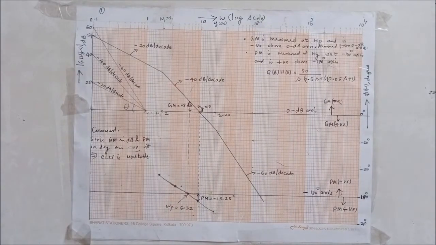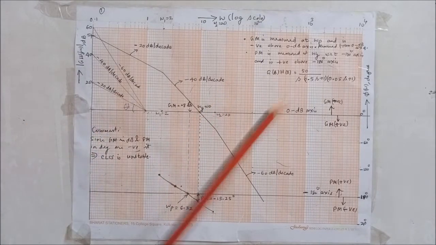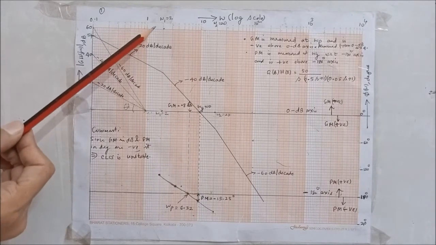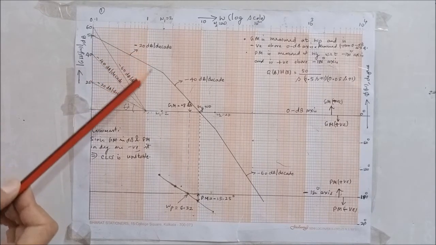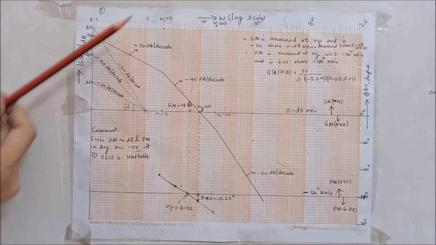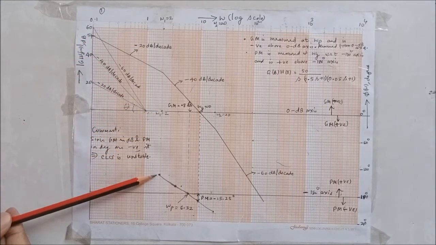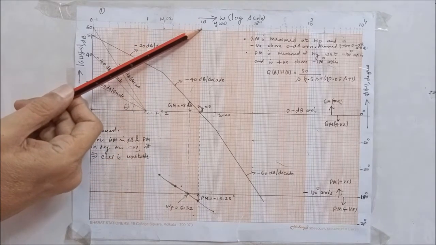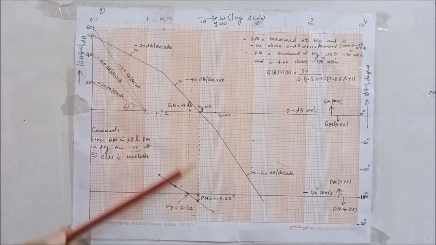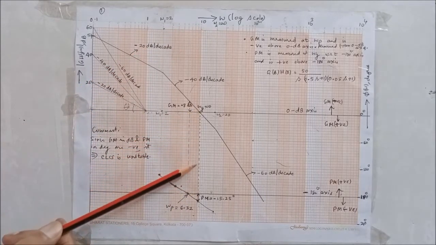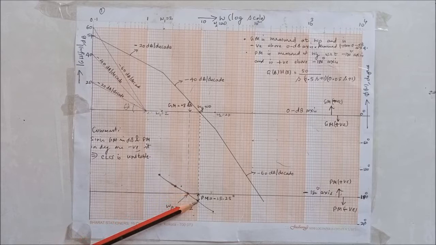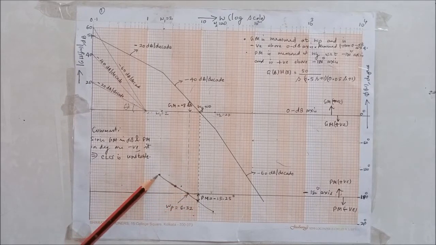Look at the table for the phase plot. When omega is equal to 2, how many divisions? Please refer to the table: minus 23.3. This is omega equal to 2, 10 divisions, 20, 23.3 divisions. When omega is equal to 10, how many divisions? 10, 20, 30, it is 32.6. Like that, get various points and join these points to form a smooth curve. The resulting curve is called the phase diagram.